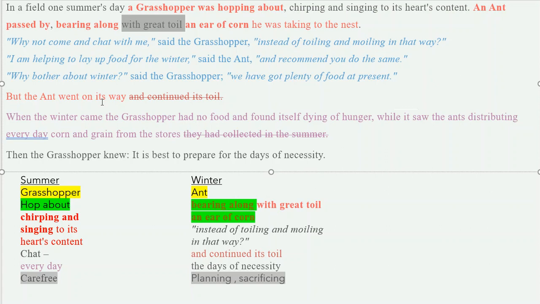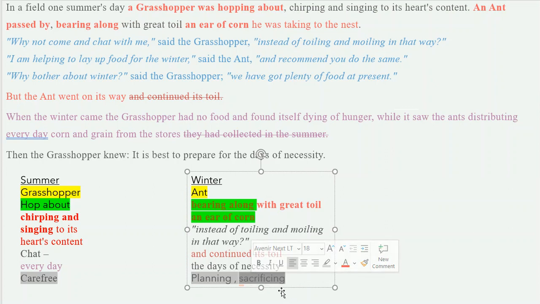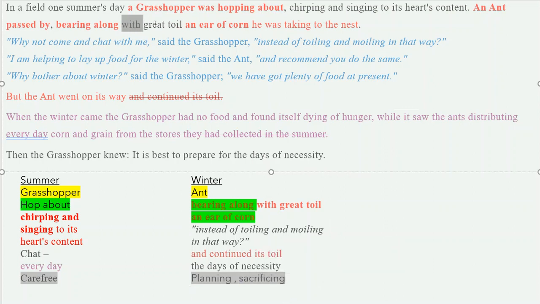The sun was shining. The ant was sweating. It was terrible, it was difficult, but nonetheless, right? So great toil means sacrifice, right? Difficult. I'll keep it crossed out so that you can see that this word, and I keep this one crossed out so you can see that